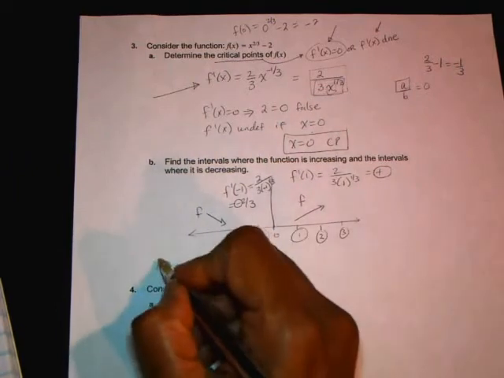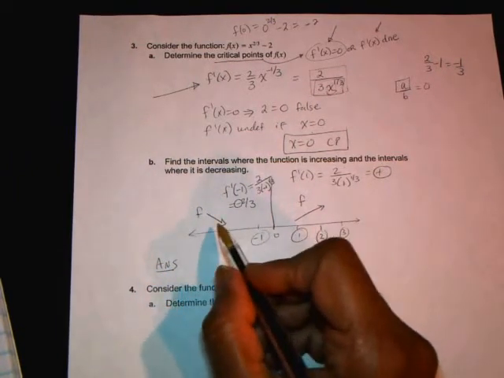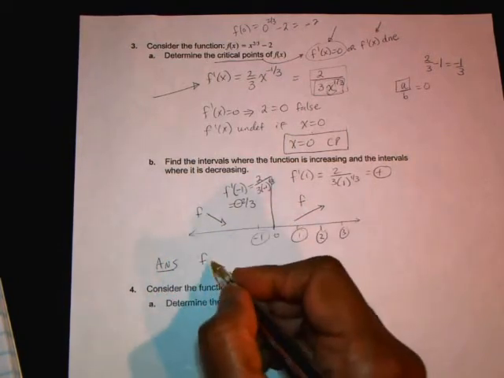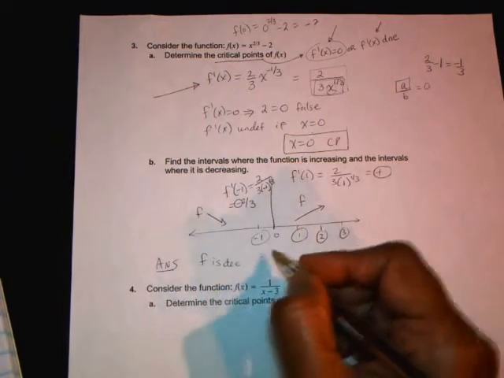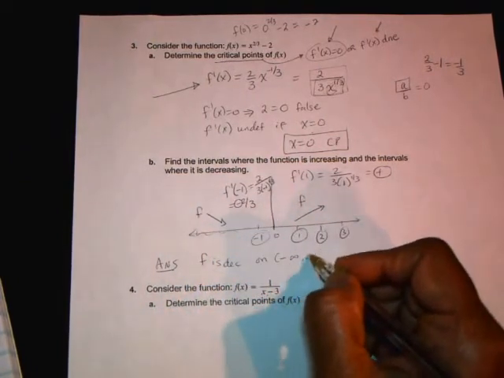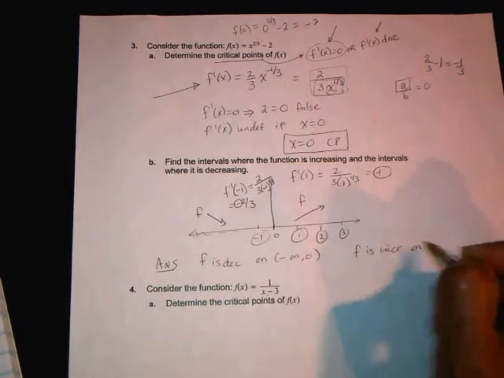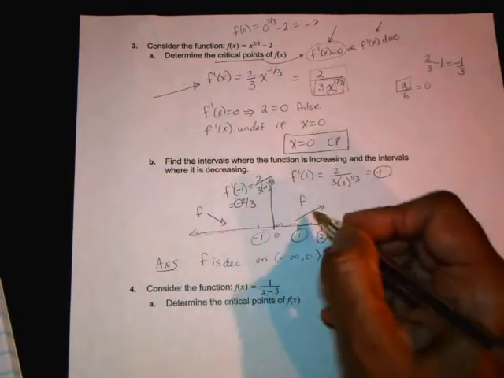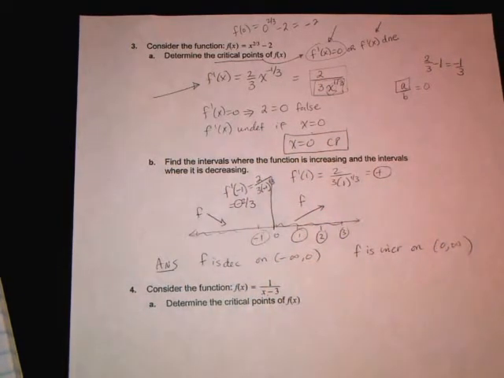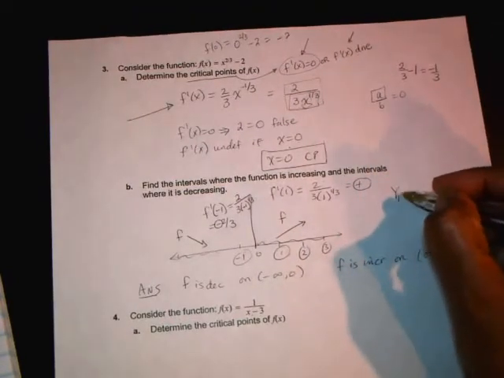To write your answer in the end, you need to put it in interval notation, going from left to right. F is decreasing on this interval from negative infinity to 0, and f is increasing on the interval, it's going up, from 0 to infinity. Now on a graphing calculator, if you were to type this in, go to y1, type in